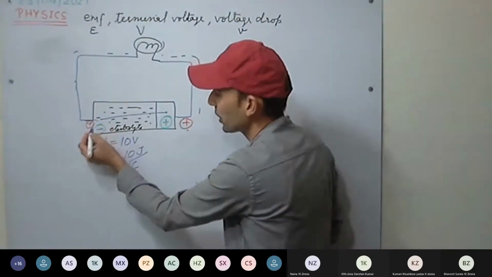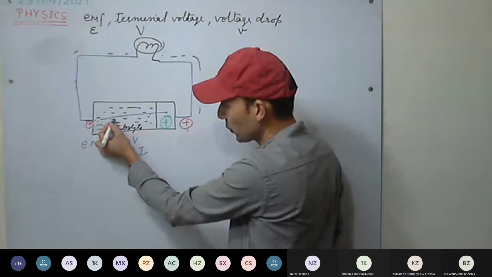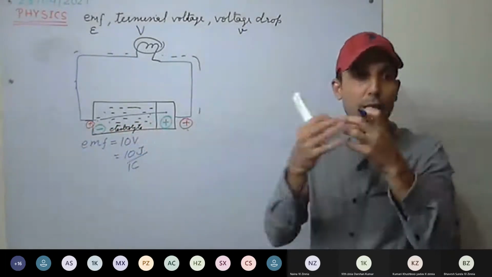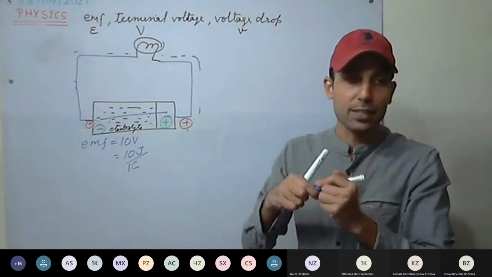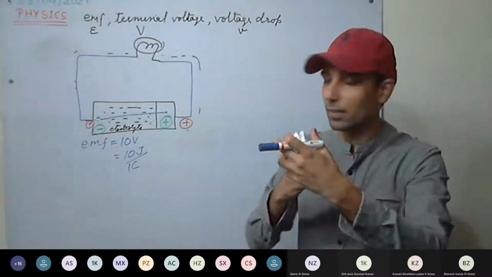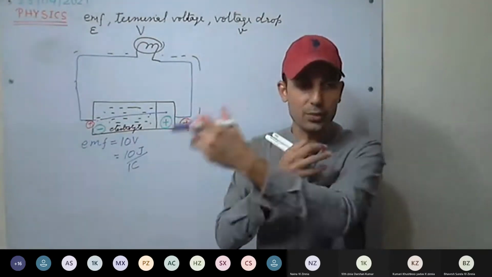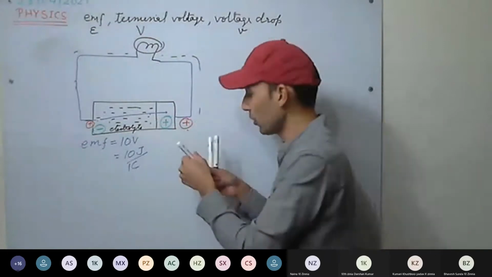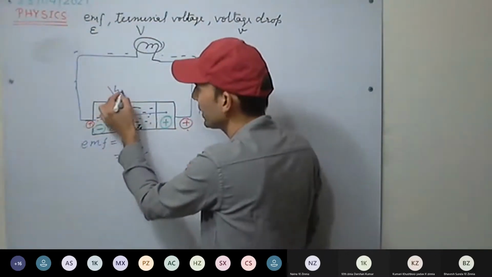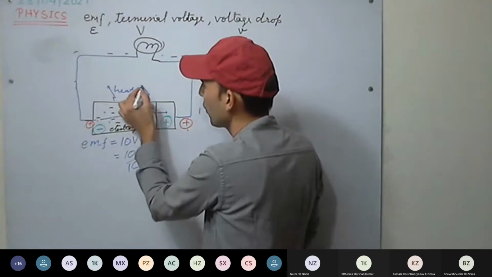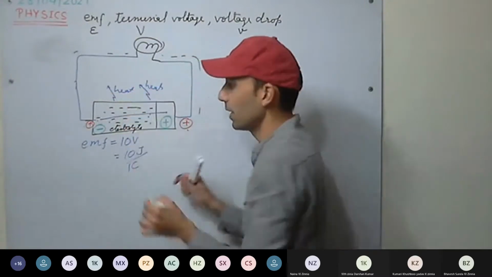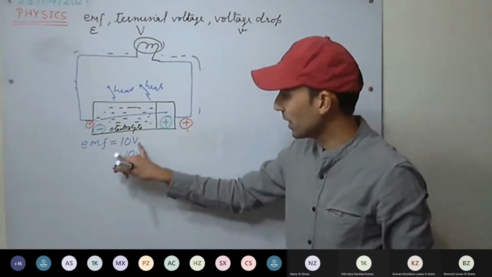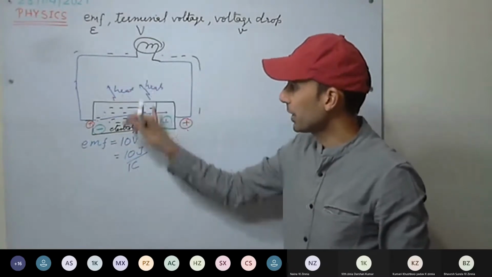When we are pushing, when we have done the work, the charge has to move through the chemical, through the electrolyte, and the electrolyte offers resistance. Because of that, what will happen? Collisions will take place, its speed will reduce, and energy will be dissipated in the form of heat. Some energy from the 10 joule will get dissipated as heat.